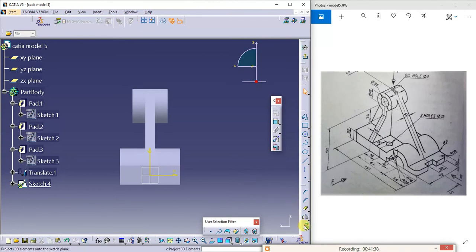I'll go for the project command, that is project 3D elements, this and this. So I projected these lines. Similarly, I'll try to project this, next this.